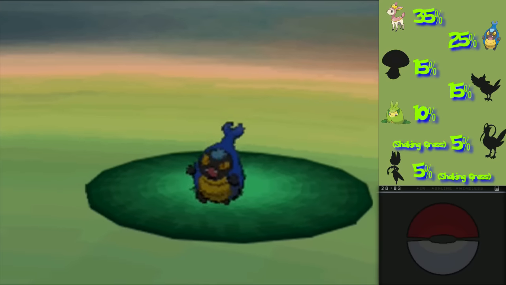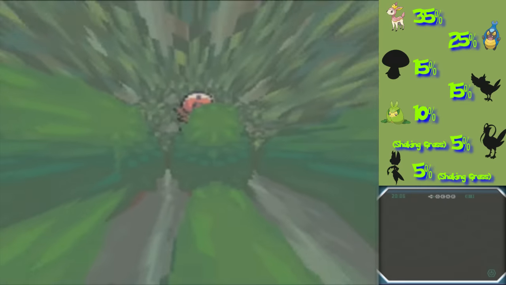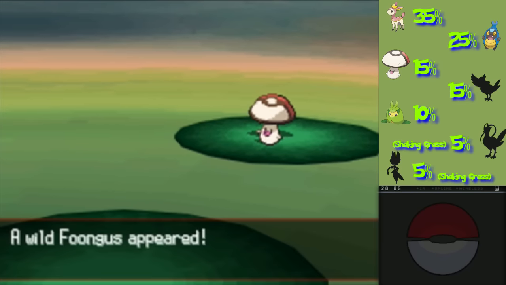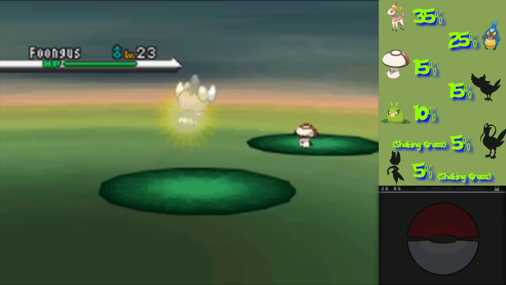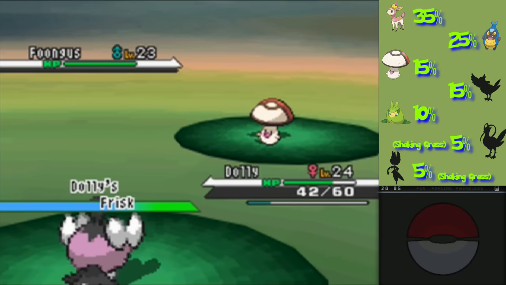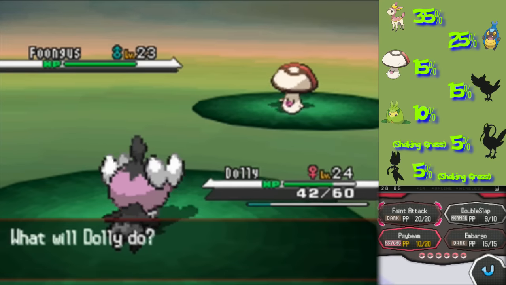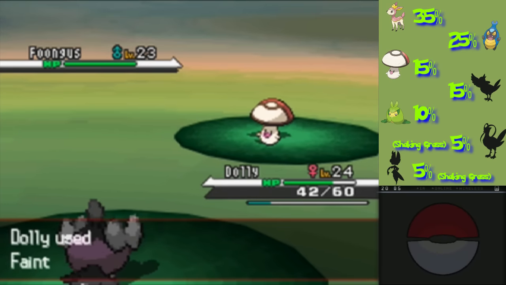Right, time for a montage of capturing the wrong Pokemon, or at least encountering the wrong ones. And now, only 3 Pokemon later, we find the other one we're after. A wild Fungus appeared. A pun on fungus and... Ooh! I don't know why there's a double O in there. I mean, oh well. I thought I got a very fitting name for it later on, but you'll see that